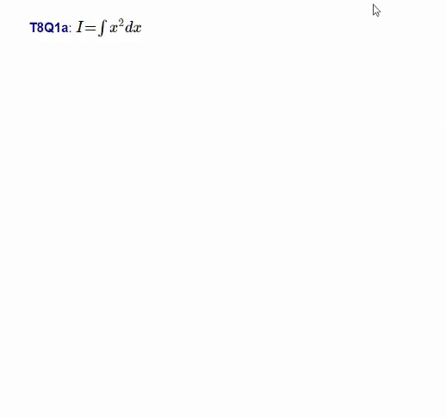Tutorial 8, Question 1a. Integrate x squared dx. If we were to differentiate x squared, we would multiply by the exponent and then reduce the exponent by 1. So x squared would become 2x. Integration is the reverse of differentiation, so with integration we increase the exponent by 1 and divide by the new